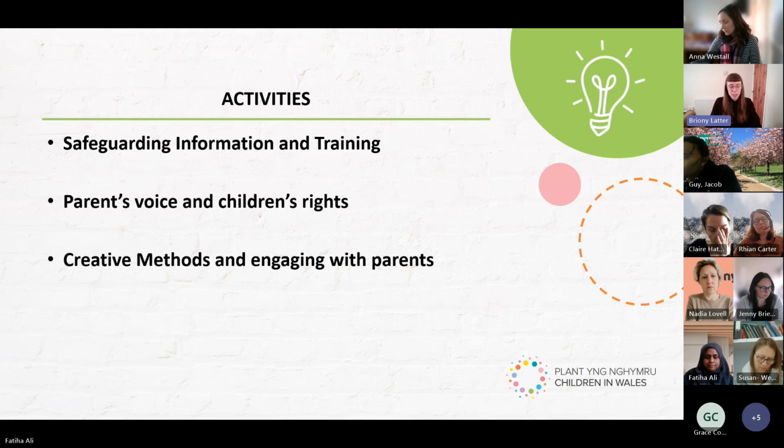I think that came up a bit in the safeguarding as well. And also going to where people are in their communities. So making sure that people feel comfortable in the environment that they're in and going to them rather than expecting them to come to an external venue that they might be less familiar and comfortable with, for example. Yeah, Nadia, Rianne, please add anything if you think I've missed it.